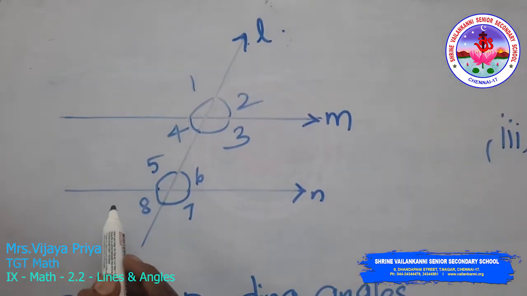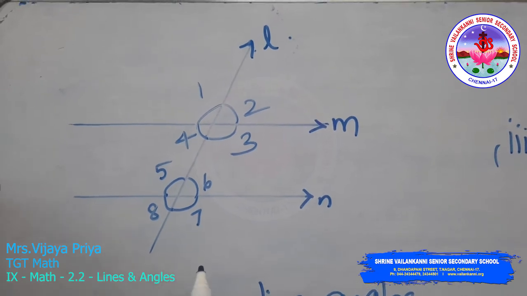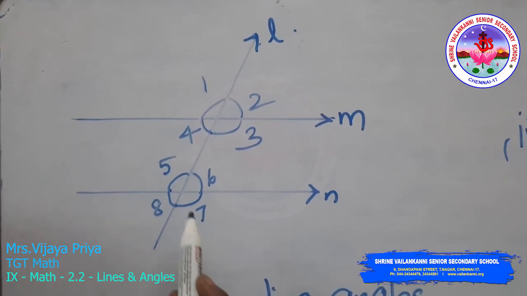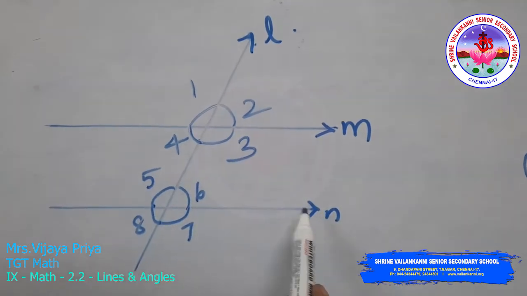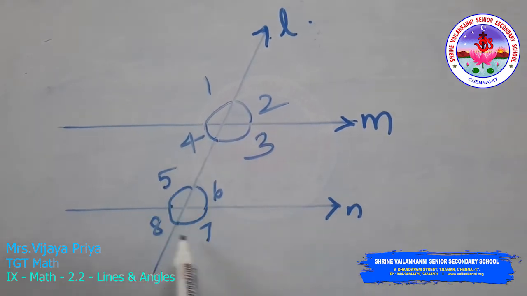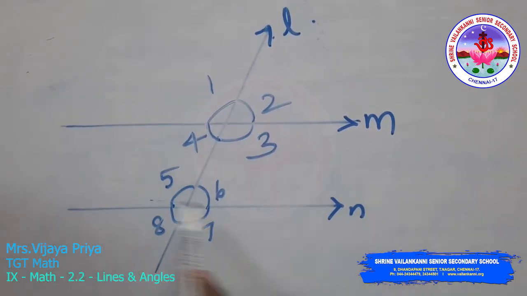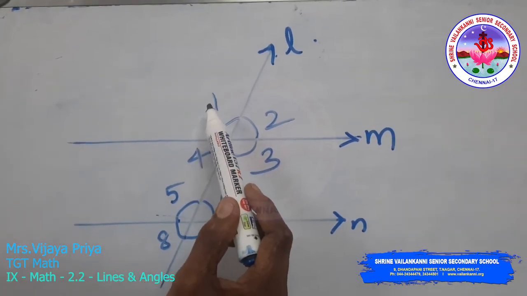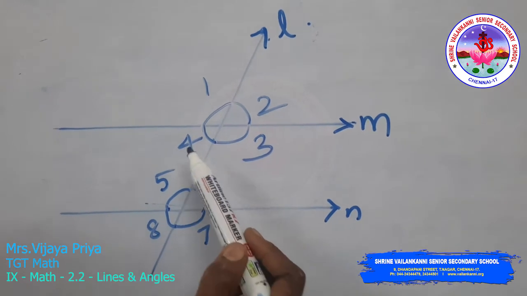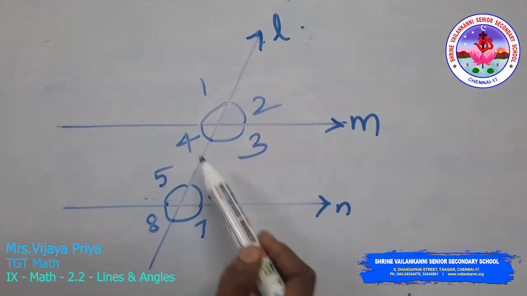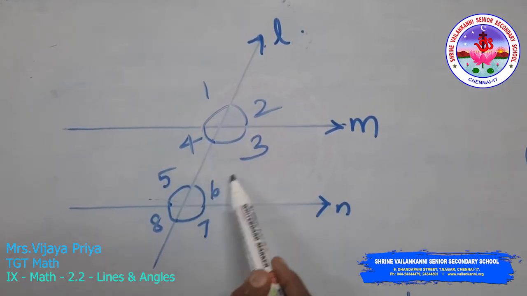Next, we are going to state the properties of corresponding angles, alternate interior and exterior angles, and co-interior angles, that is, interior angles on the same side of the transversal. In this case, we are taking two parallel lines cut by a transversal. We know that 8 angles are formed here, and when two parallel lines are cut by a transversal, the corresponding angles are equal, the alternate interior and alternate exterior angles are equal, and the co-interior angles have a sum equal to 180.